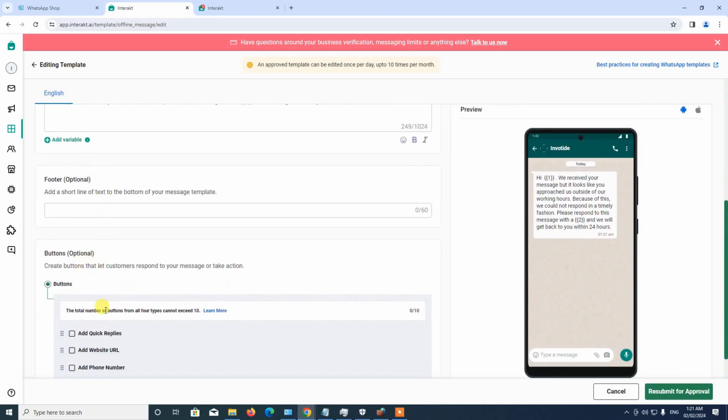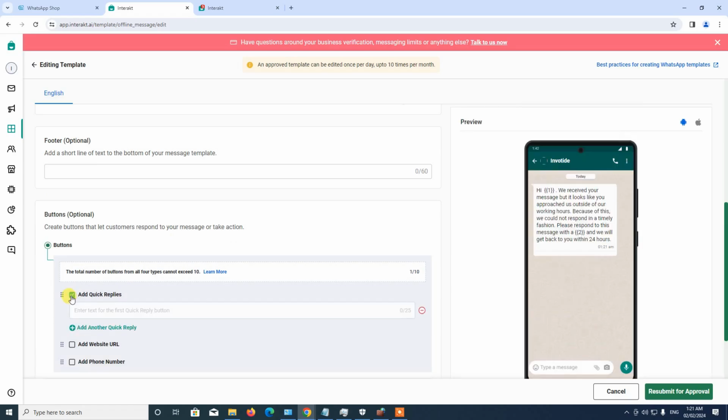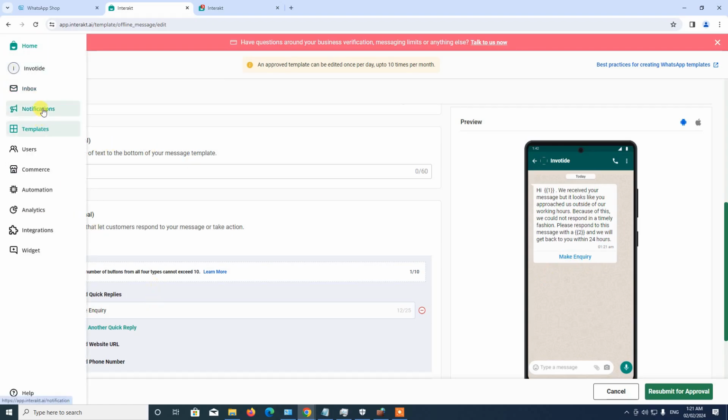So in the edit page, under the button section, you see that there's an option that says add quick reply. If we want to add the make inquiry custom reply, we come here and tick this box, and then we enter the name. We say make inquiry here. All right. So once the customer taps on this button, the custom